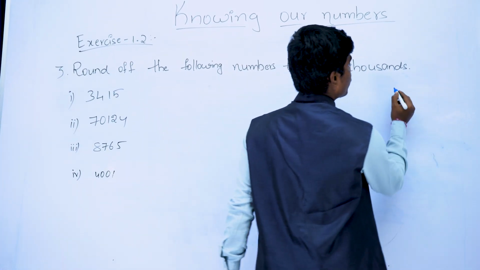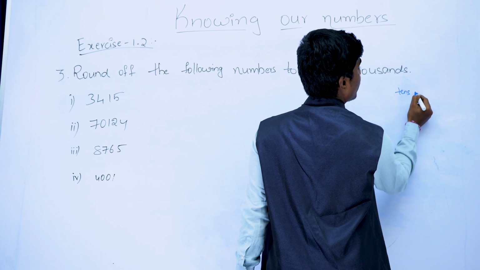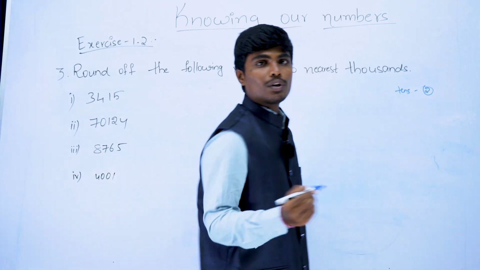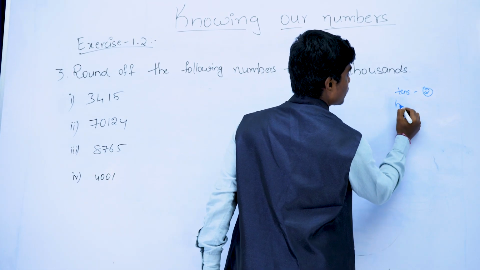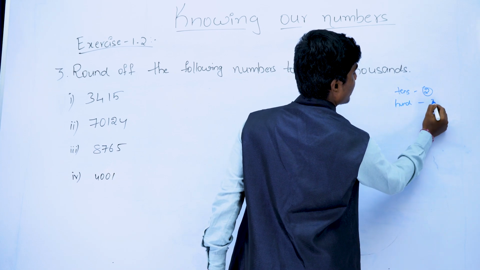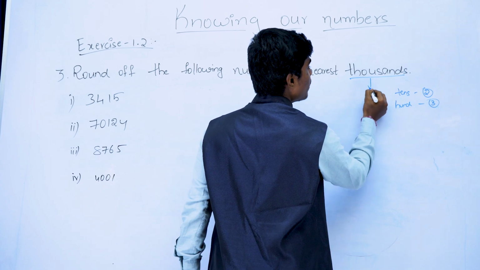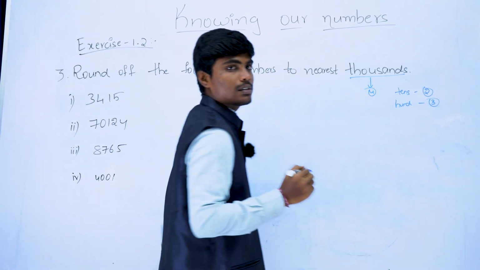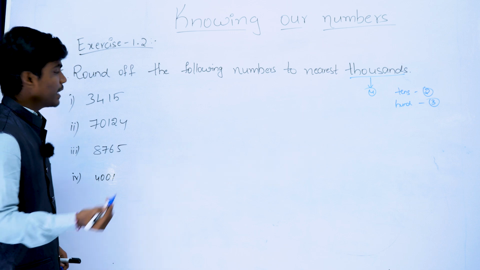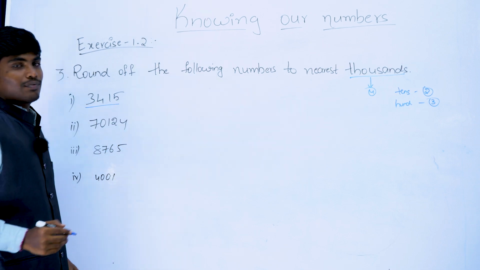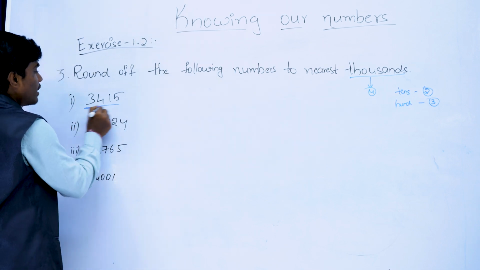Third problem. Round off the following numbers to nearest thousands. In previous problems, for tens we have taken 2 digits, and for hundreds we have taken 3 digits. Now, coming to the thousands, we have to take 4 digits. See, come to the first problem. Here he gave 3,415. As we have to take the 4 digits,